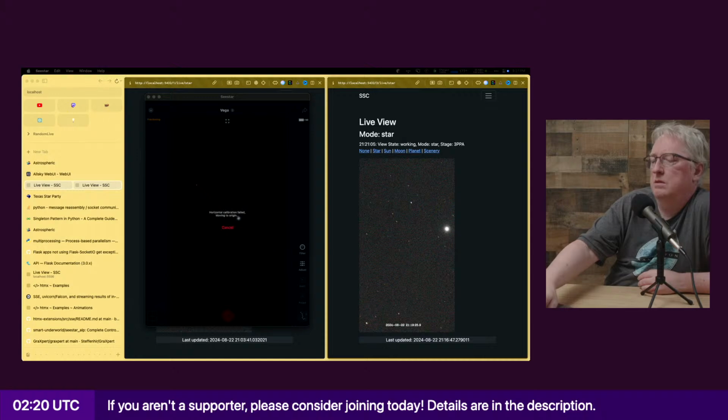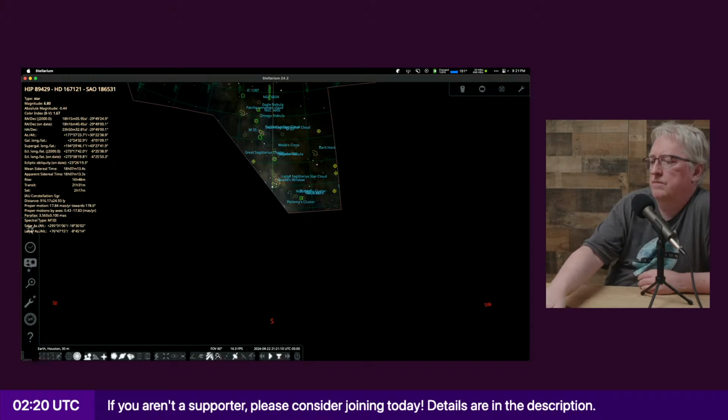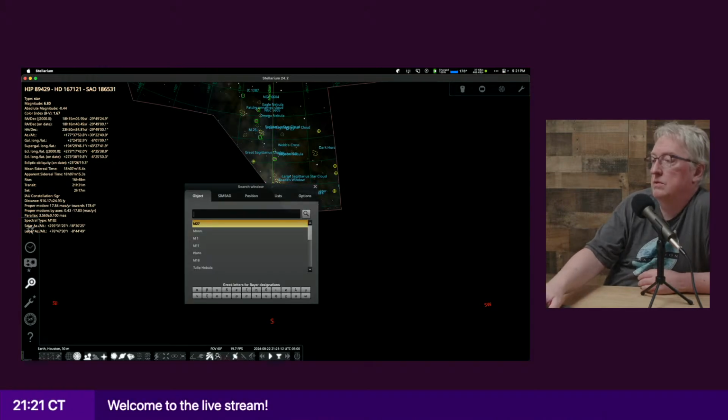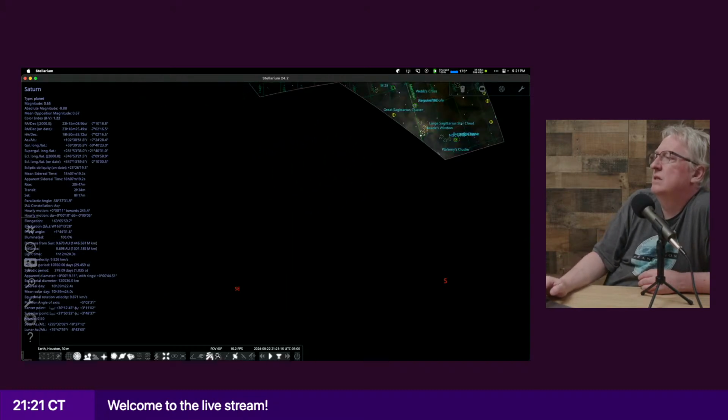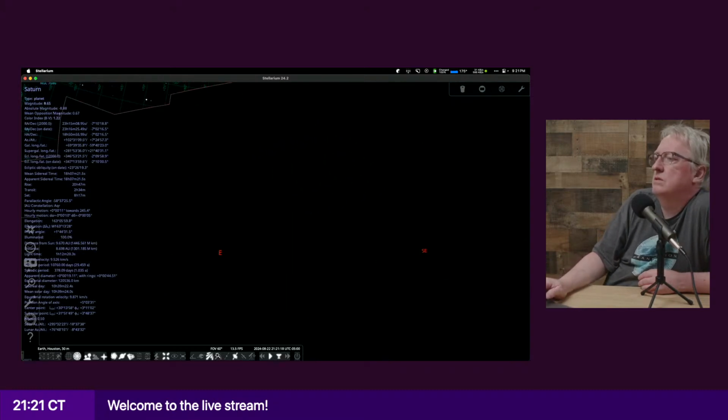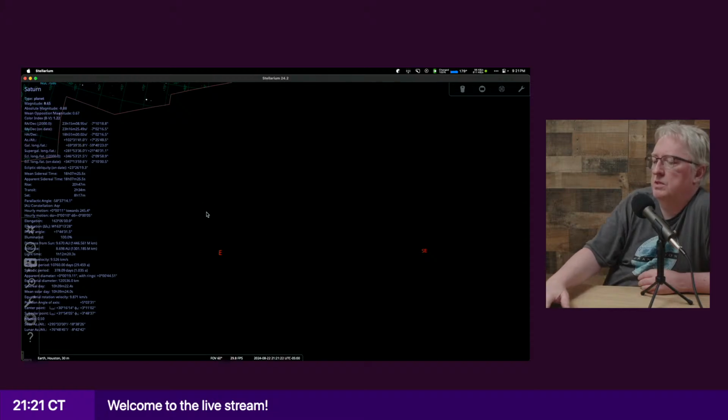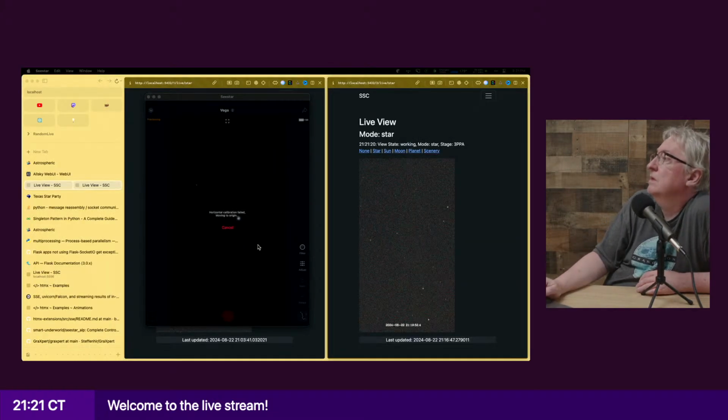Let me look while we're waiting for it to figure out things. Saturn. Okay, it's definitely not visible. I mean, it's because of obstructions. Okay, moving to origin.